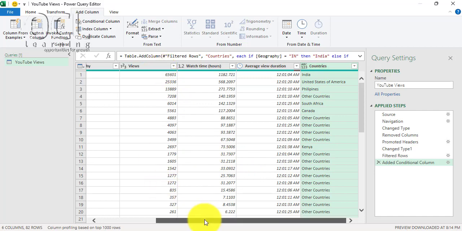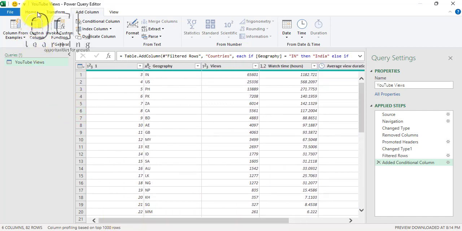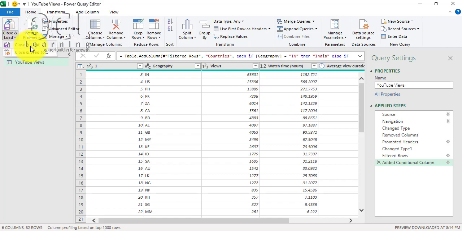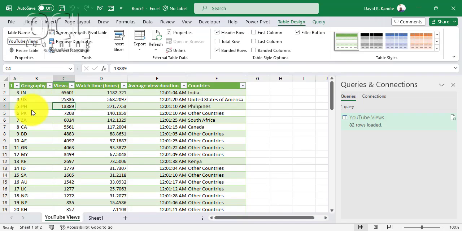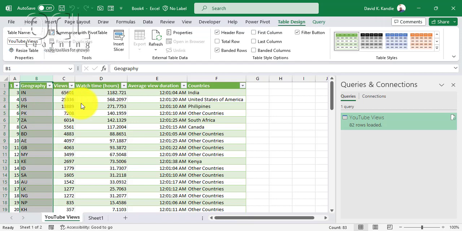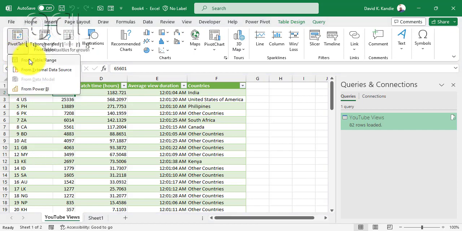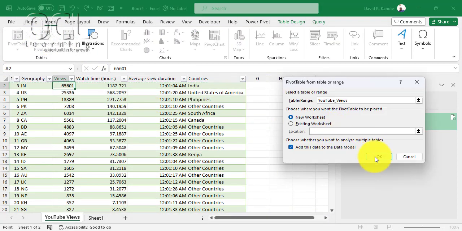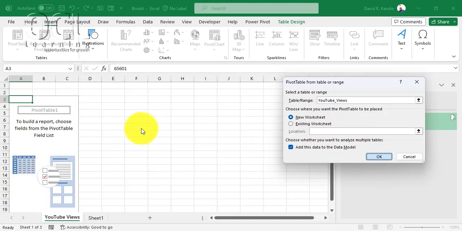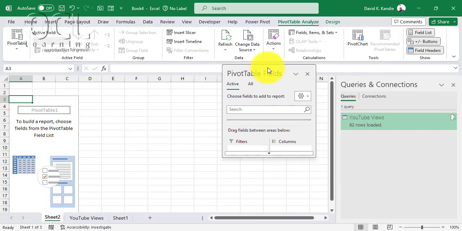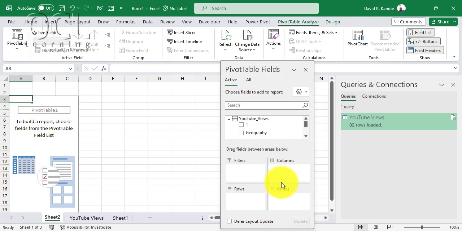So top 10 views. Now I can load this data, home, close, and load. And you can see now all my geographies have been coded the way I want. Now, should I need to, for example, create a pivot table by country, I'll just go to Insert, Pivot Table, from Table, then OK. Then here on my pivot table, I'm going to pick the geography,